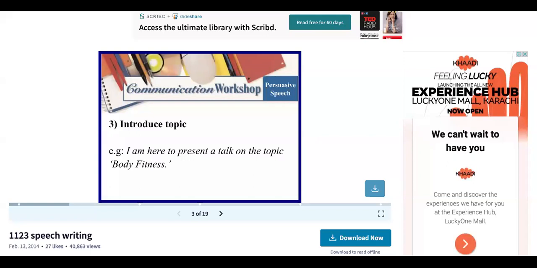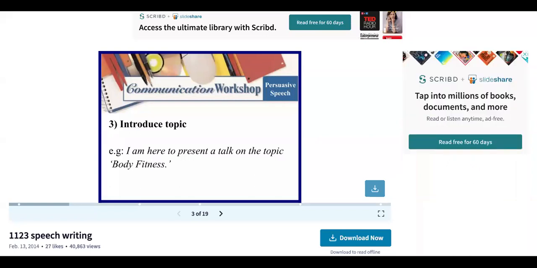Me talking about the existence of single parent families, now that's value, because I am presenting a view. It could either be positive or negative. Me talking about influencer culture and saying that it should be banned, now that's action. I am already presenting a view that it should be banned or it should be allowed.